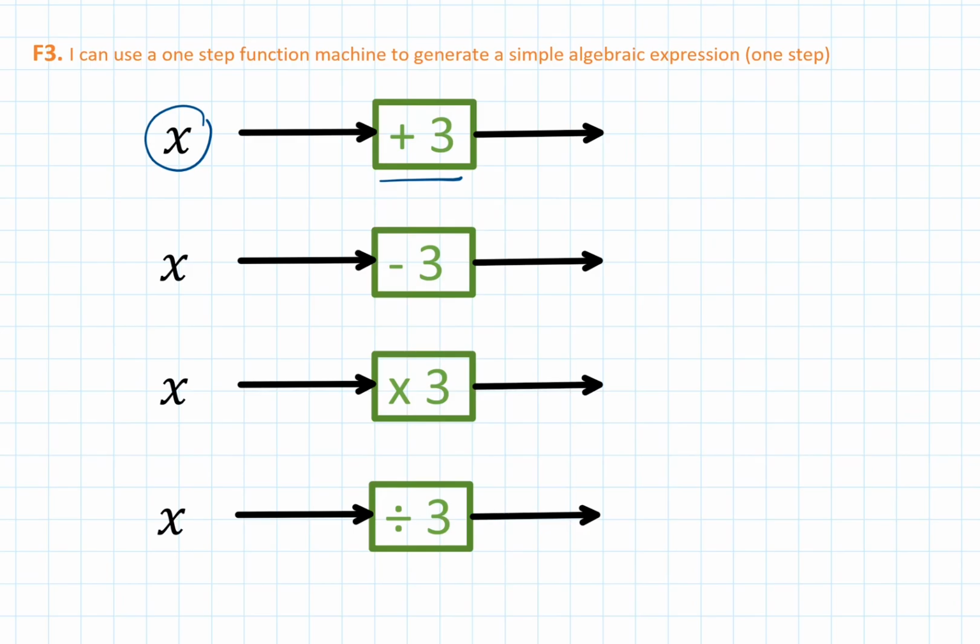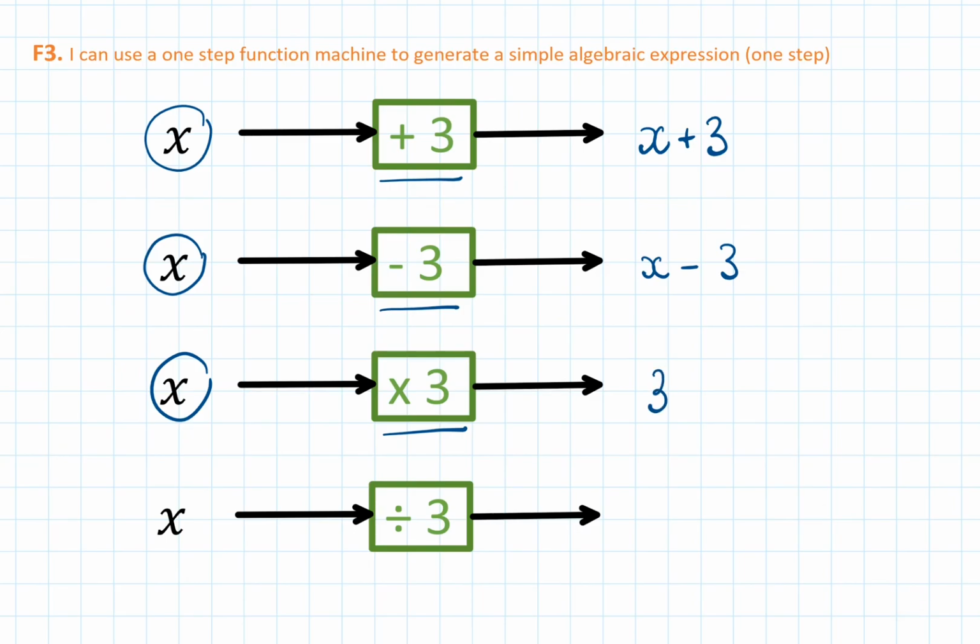In the case of algebra, the output will look slightly different than when the input was a number, because here x plus 3 will simply be x plus 3. We don't have to simplify it because there's no way to simplify it further. This will be our final result. So let's look at the second one. We start with x, we subtract 3 from it, and the output of the function machine will be x, take away 3. In the third case, the input is x, the function is multiplying by 3, and here the output